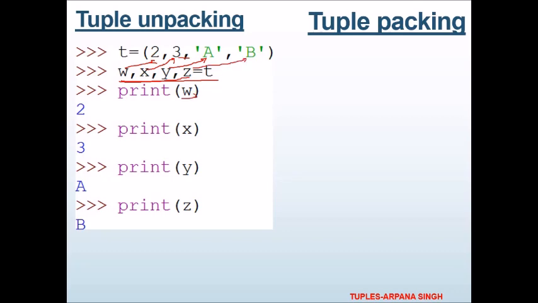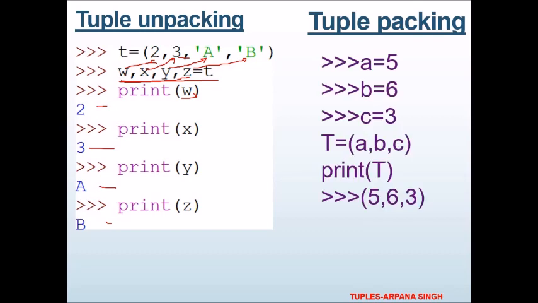So if you print w, w was the first variable, so it will get the first element of the tuple: first variable, first element, second variable, second element, third variable, third element, and so on. So it will print 2. x was the second variable, it will print 3, then third y, and last z. So this is called unpacking, that is opening. You have separated each element of the tuple here. Packing means again packing, like a, b, c are 3 different variables and you have packed them into a tuple. So you will write all the variables within round brackets, so that will be printed in the form of a tuple. So unpacking and packing, that is opening and then again forming the tuple from the unpacked elements.